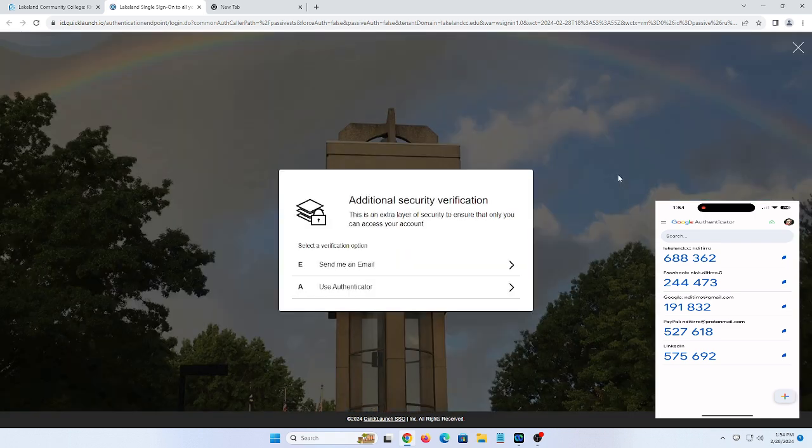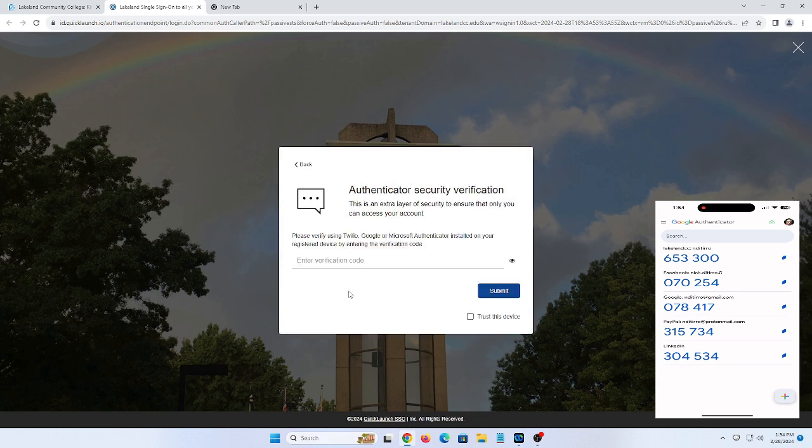And it's going to ask if I want to authenticate. Now, there's two ways to authenticate. I strongly encourage people to use either Google Authenticator or the Microsoft Authenticator. Can you use it to send to my email? Yes, but that means you had to give that organization your email. By using the Google Authenticator, which I use, or the Microsoft Authenticator, I don't have to give anybody my email. So I'm going to use the Authenticator, and my current code is